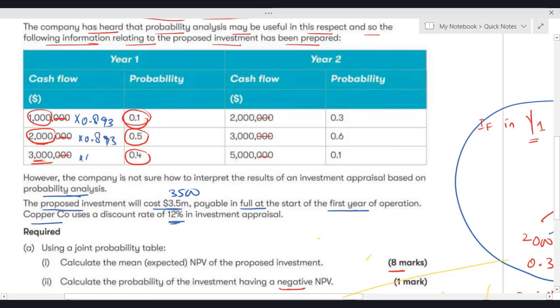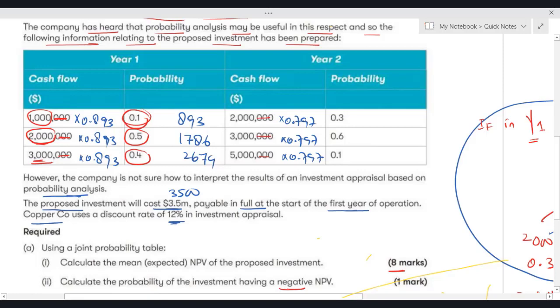By multiplying these cash flows with 0.893, I'll get the present value. Over here, it will be 0.797. So it means we have to calculate present values as well. If I just use the calculator to save the time, 1000 into 0.893, it will be 893. 2000 into 0.893, I'm getting 1786. 3000 into 0.893, I'm getting 2676. Now 2000 into